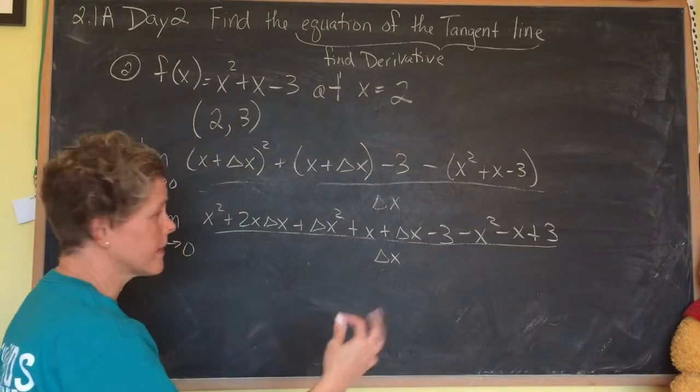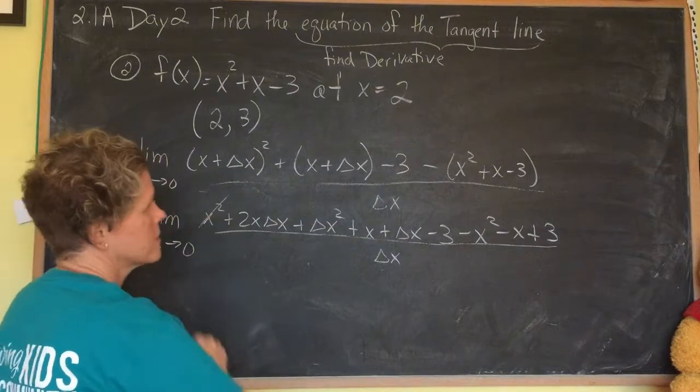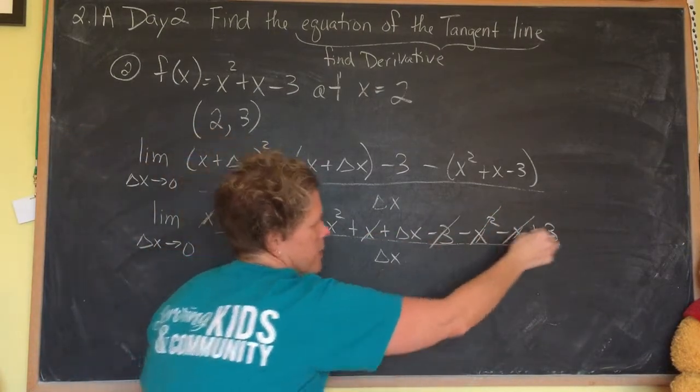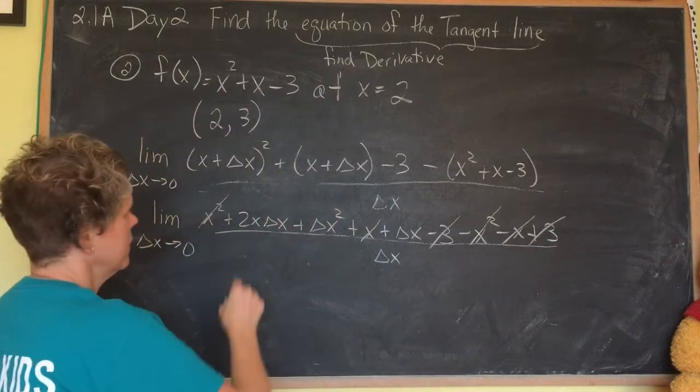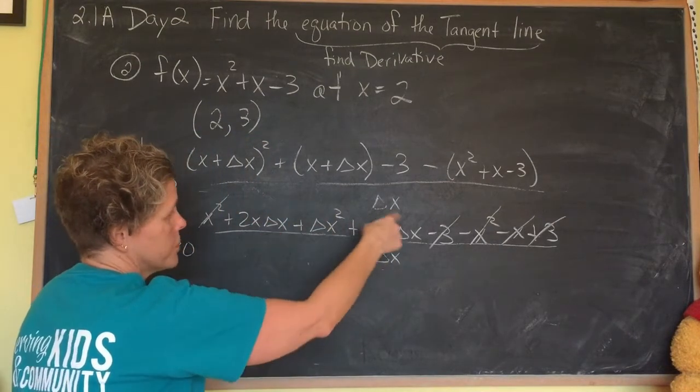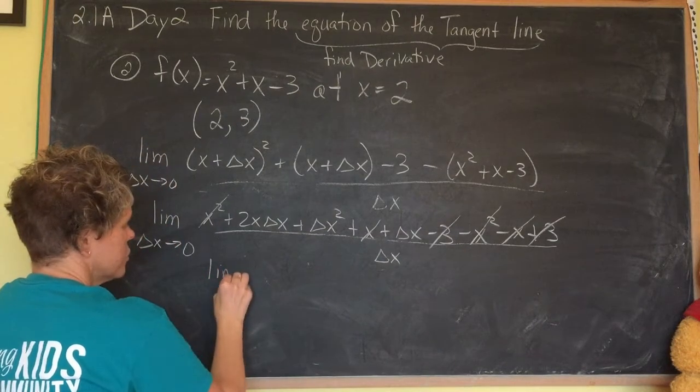All right, again, if we did it right, things are going to cancel here. So x squared goes with this x squared. Positive x minus x, negative 3, positive 3. Well, 0 in the bottom is bad, but the good news is everything left in the top should have a delta x in it. So I can